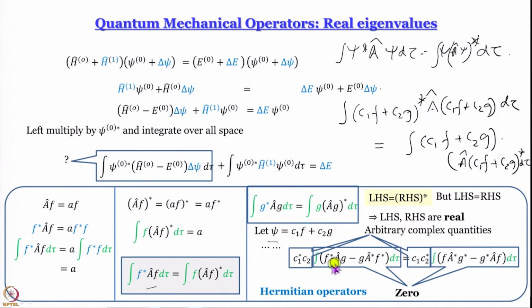Okay. An operator that satisfies this condition, that this integral is 0, is called a Hermitian operator, and Hermitian operators, as we see, have real eigenvalues. This is the definition. Do not say that the definition of Hermitian operators is that they have real eigenvalues, that is a corollary. This is really the definition. We have sort of back calculated starting from real eigenvalues. We have shown that the operator has to be Hermitian, this integral has to be equal to 0.